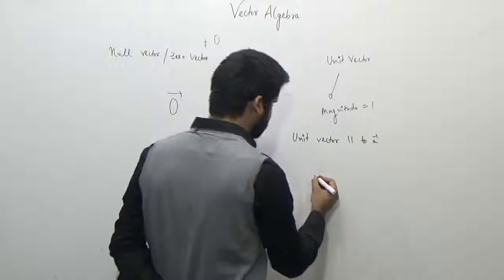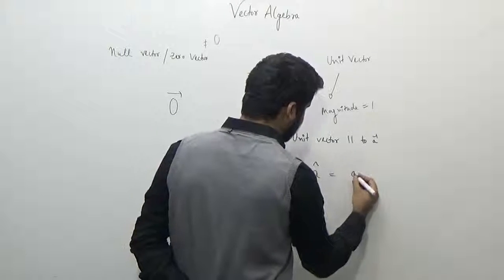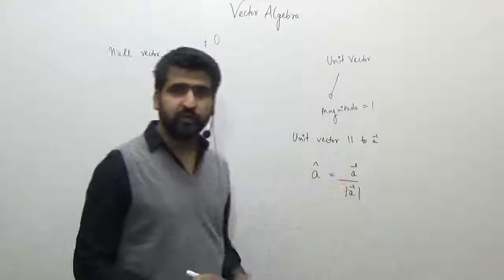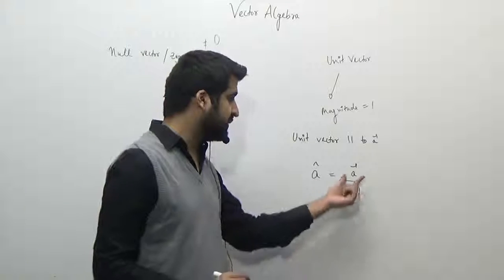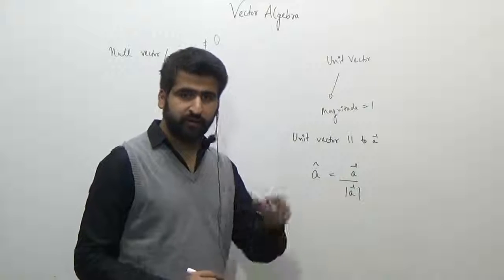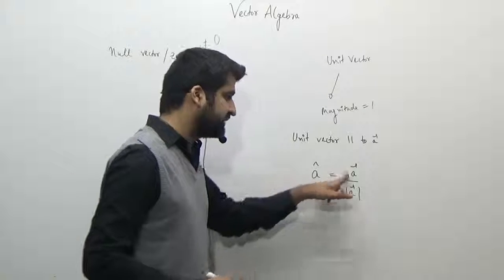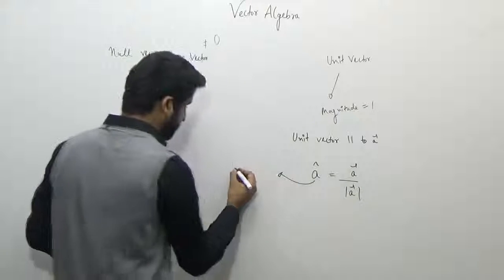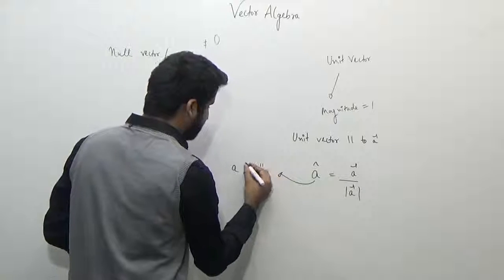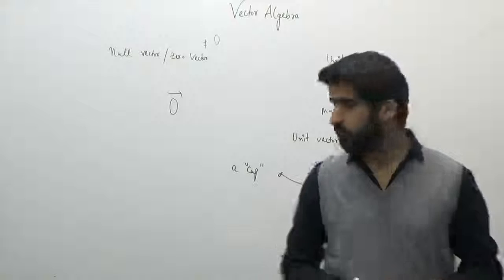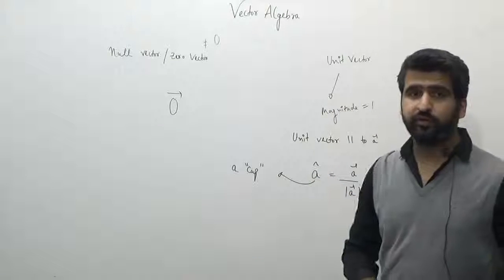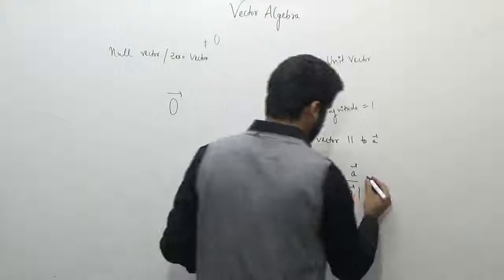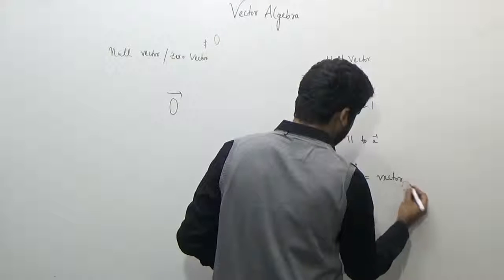So what I'm trying to say is that if I divide the vector by its magnitude, now if I try to find the magnitude of this vector, this will come out to be 1, because this will be magnitude of A vector divided by magnitude of A vector. That will give us 1. So the unit vector is written as A vector divided by modulus of A vector. Now this is spelled as A cap. We just put a cap on the top, and this cap represents a unit vector. Now this A cap will represent the unit vector, and that is written by dividing the ratio of the vector and its